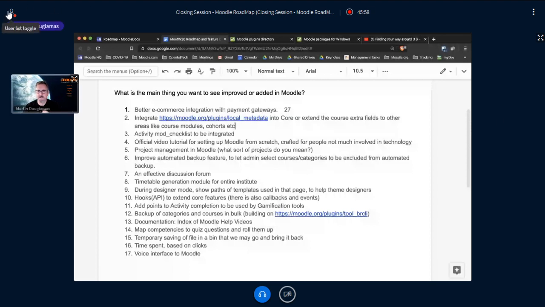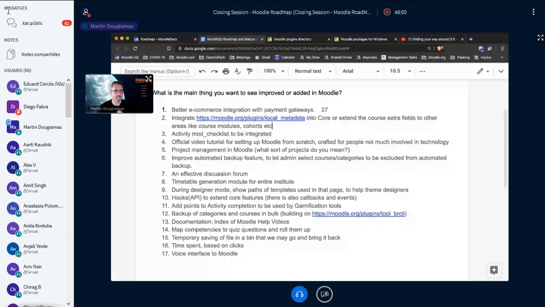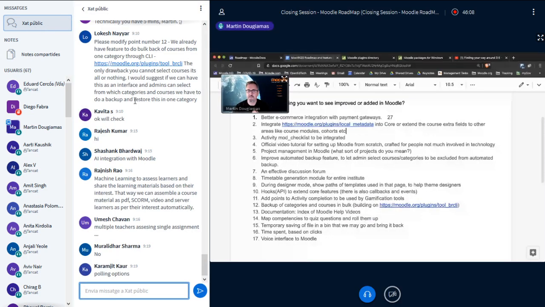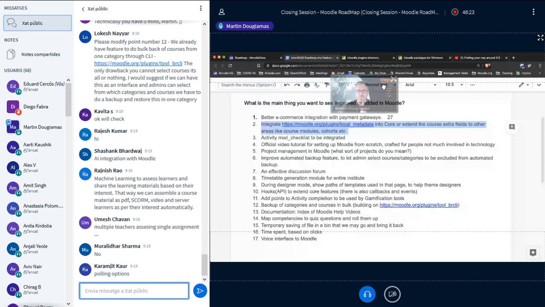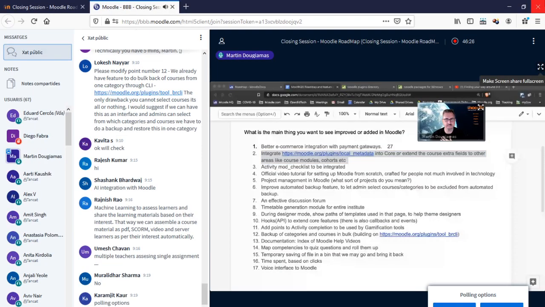Okay. Second one. Let's make a new one. Start a new poll. The next one was about integrating metadata plugin into core or extending the course extra fields to other areas like course modules and cohorts. This metadata idea. Who has chosen that as one of their 5? Putting the poll up now.